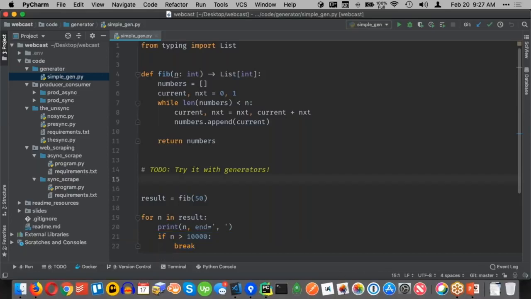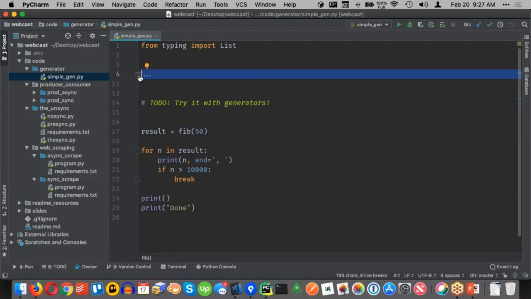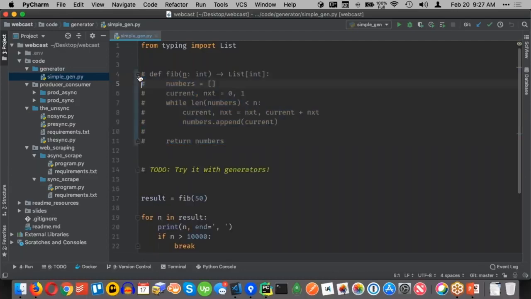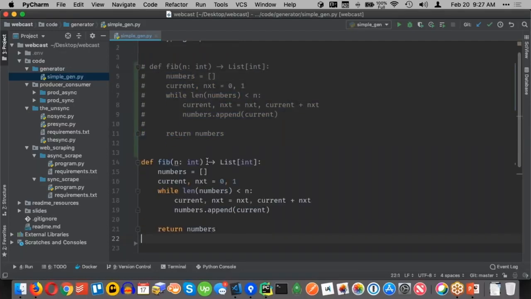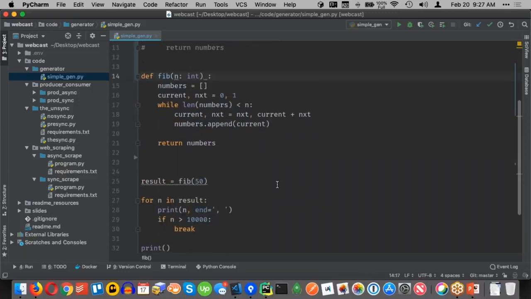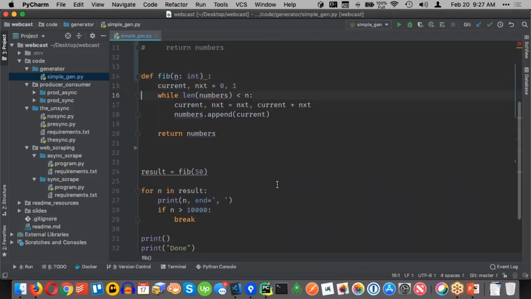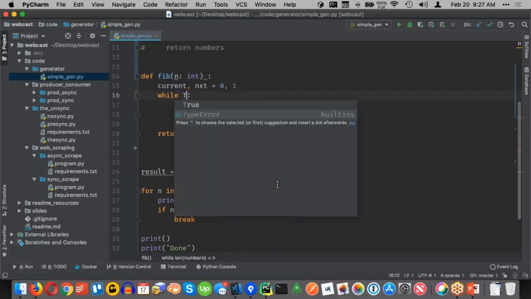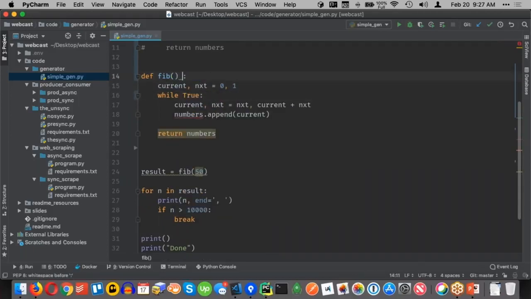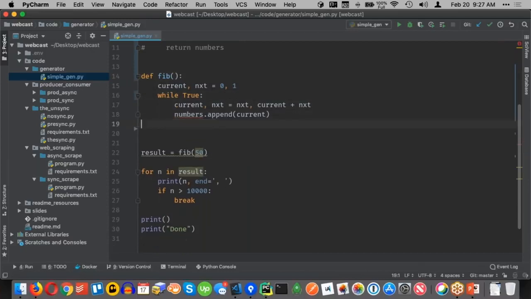So we can restructure this. I want to comment that out. And let's use a generator, right? So I can change this. Come down here and I'm going to say, well, we don't need this. And we're going to come over here and just say, well, what is that, an infinite sequence? That's cool. Let's do that. So we'll just say while True. And instead of adding them to a list, we're going to just go to Python and say, here's one of the items in this sequence. Here's the next, right? Here's one of them. Go do it again. Here's one of them.